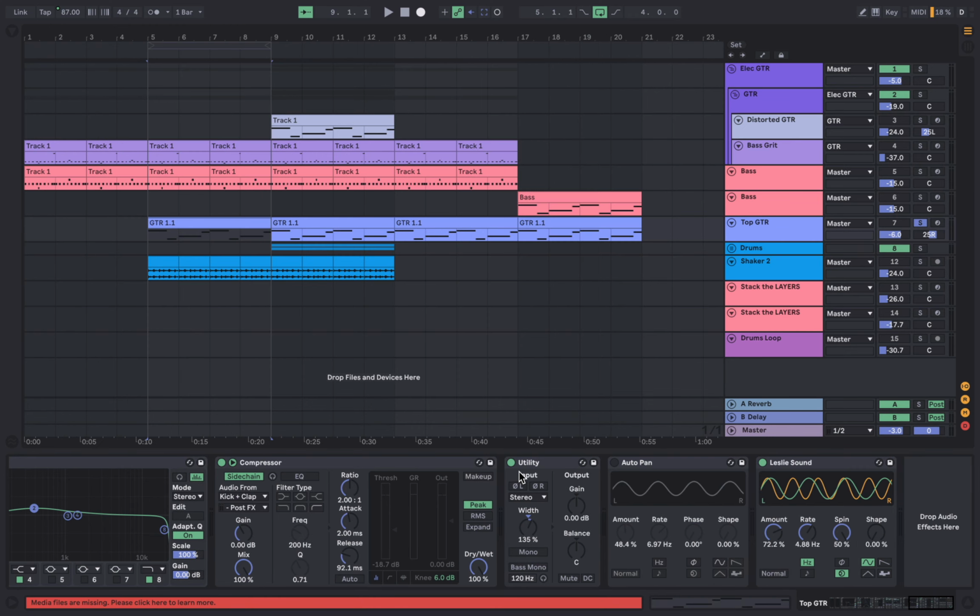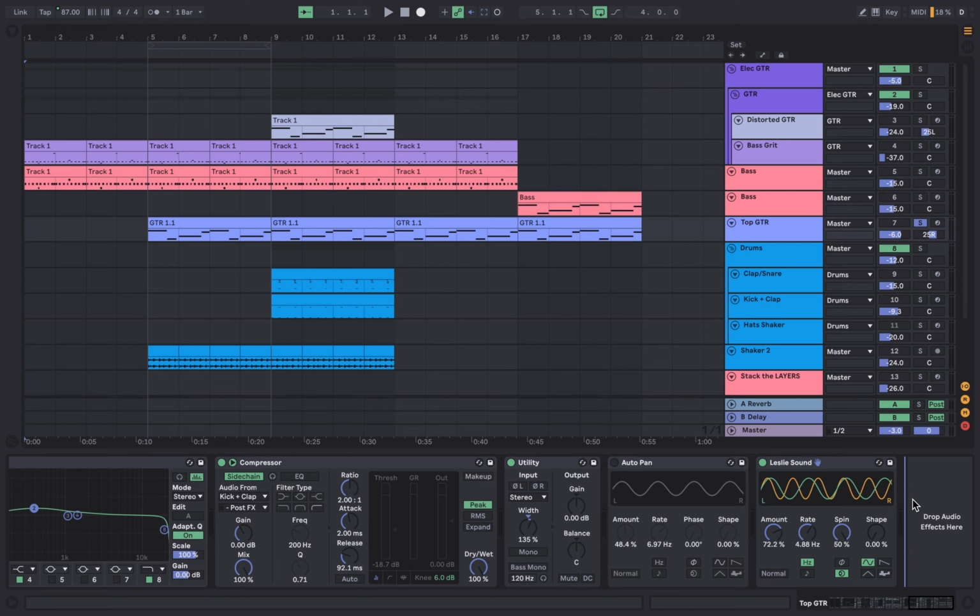So now we have the first guitar lead that you hear come in. And what I've done is I've tried to recreate the Leslie cabinet sound. So to do that, I've changed it from phase mode here to spin, and I've turned the spin all the way up to 50%. Then you can adjust the rate to your liking,